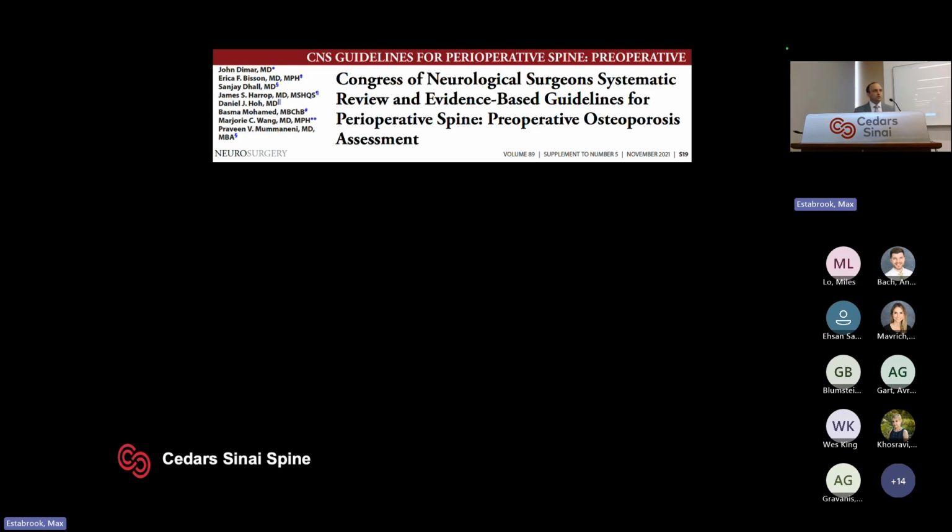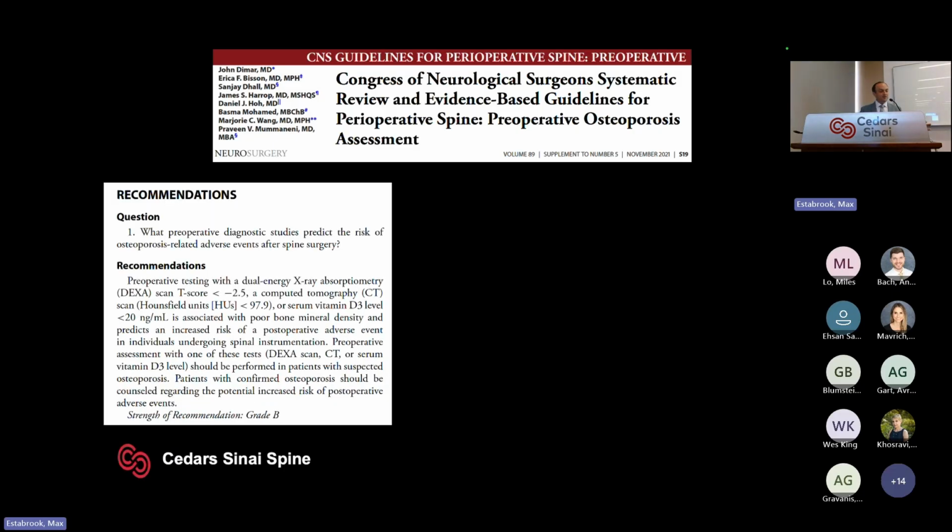So this is from 2021. This is the Red Journal, CNS recommendation guidelines. Don't hold your breath, okay? So two things. We should be looking at it preoperatively. We should be getting a DEXA. So if they have a DEXA T-score less than -2.5,